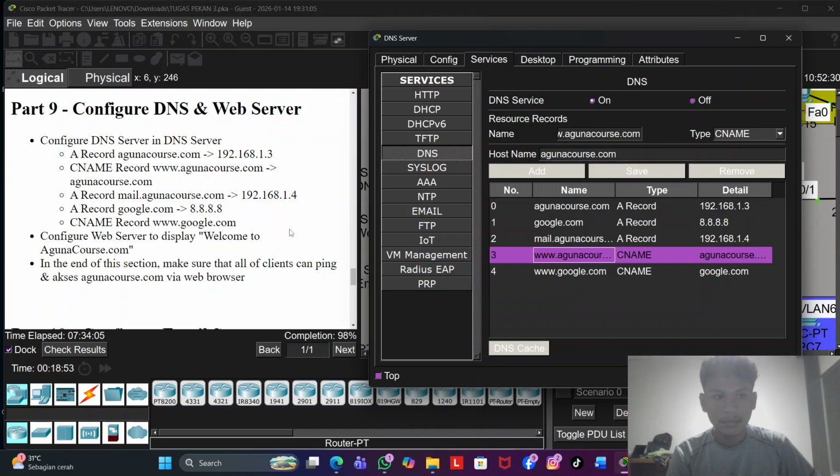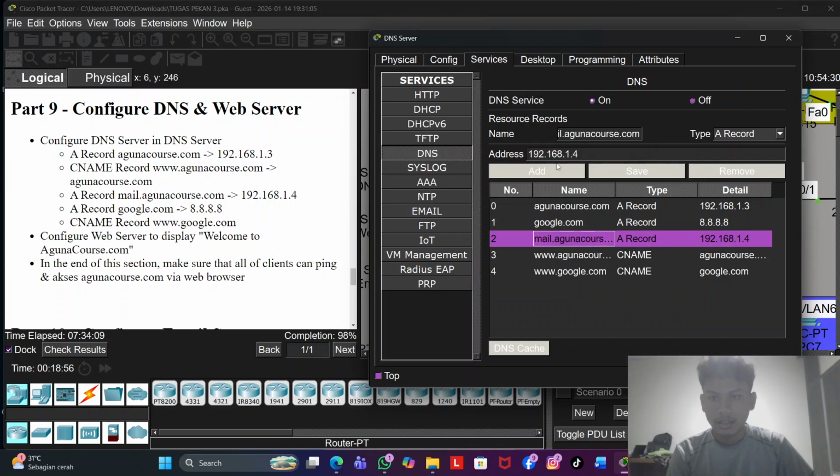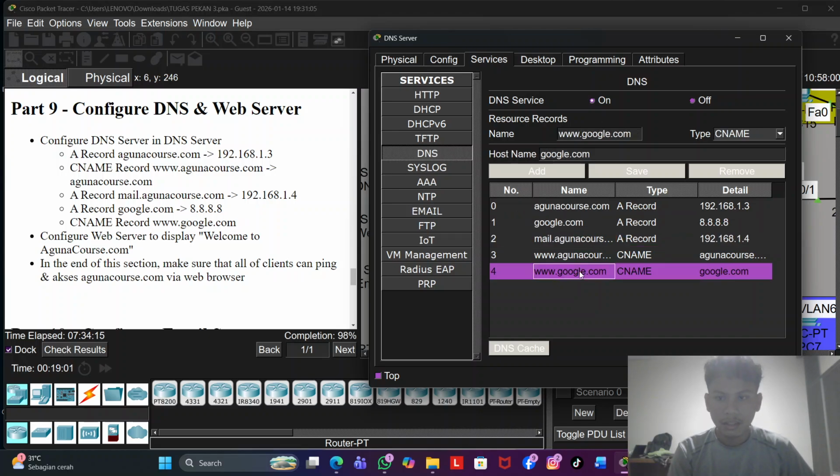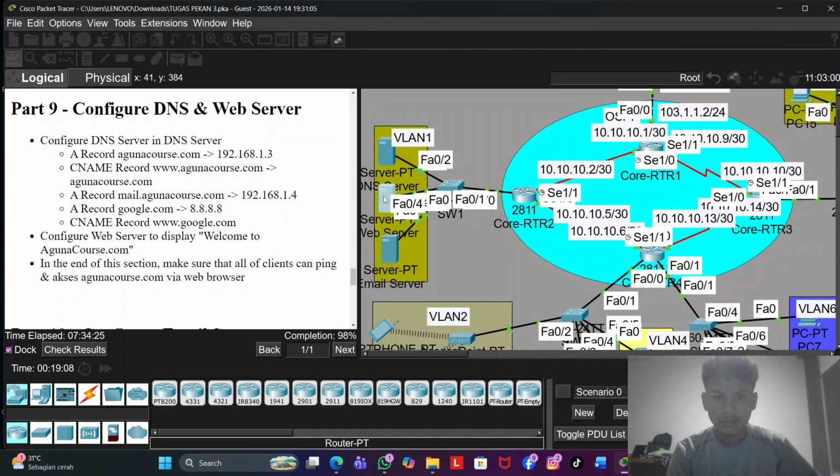Here's the CNAME, and then I record again to this IP, and then I record from Google, and the last one is CNAME www.google.com to google.com. So don't forget to configure the web server to display welcome to Aguna course. It's from web server.